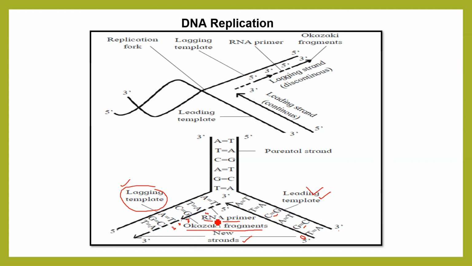At the end, the RNA primer is removed and the fragments are joined by an enzyme called ligase. It is a molecular glue. That's why the strand on the leading side is called continuous, and on the lagging side is called discontinuous, because it is forming in this piece-by-piece way, like this and like this. So this is the semi-conservative model of replication, where you can see one original strand, one new strand, one original strand and one new strand. I hope this was very clear to you, and this is very, very important.